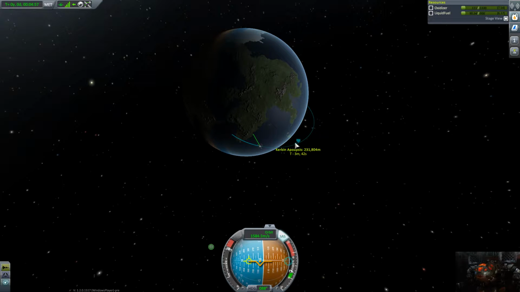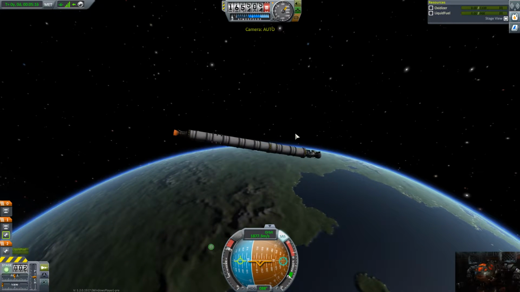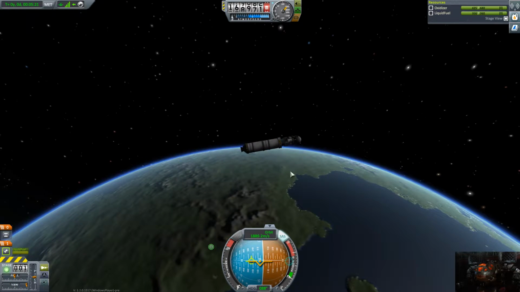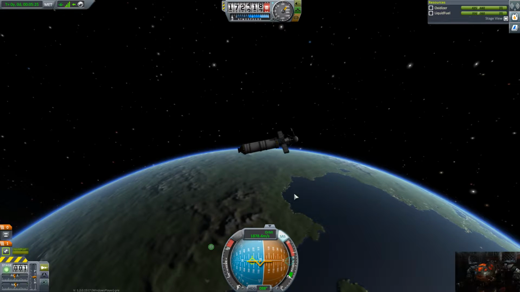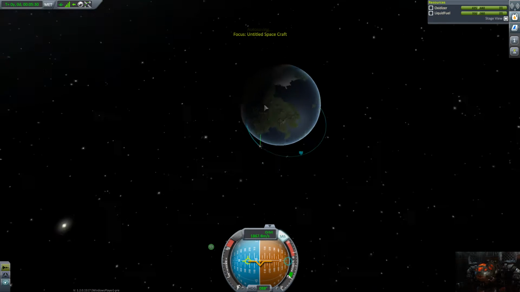But that's no big deal because basically we're going to go out to the max distance and just burn. So I want to get this thing up nice and high. Perfect. That stage is done. We're going to hold off that for a second. We're going to do all that. Then what we're going to do,